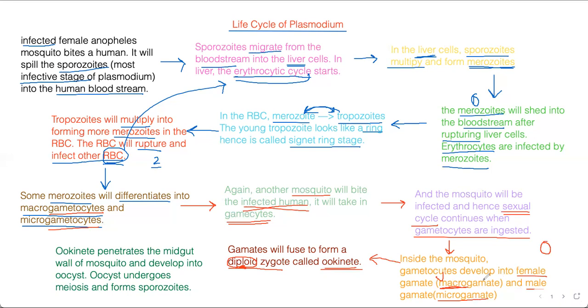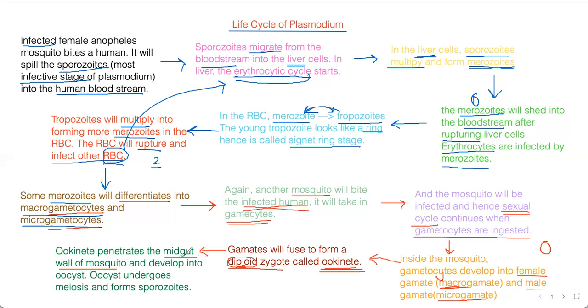And when the ookinete penetrates the midgut wall of the mosquito,